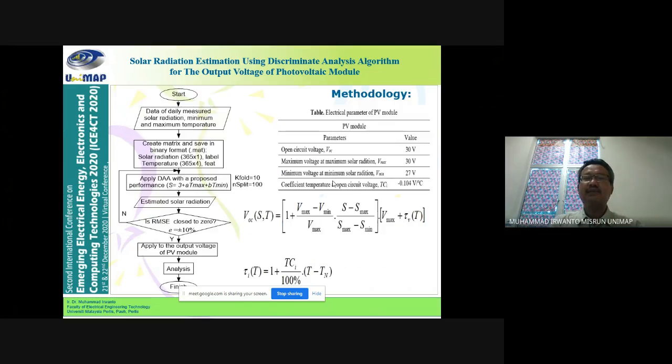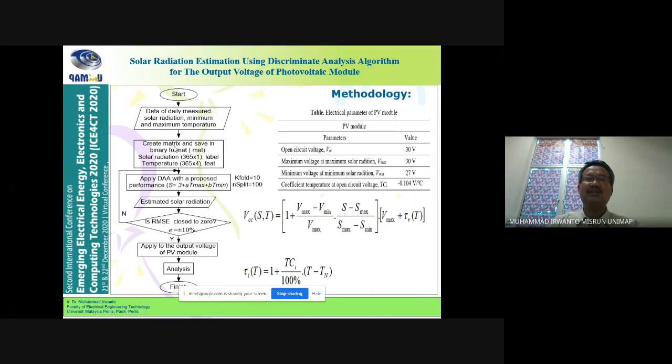2019. So as methodology, first we need the data of the measured solar radiation and the minimum and maximum temperature through the year 2019, meaning the number of days is 365 days. After obtaining the measured minimum and maximum temperature, we create the